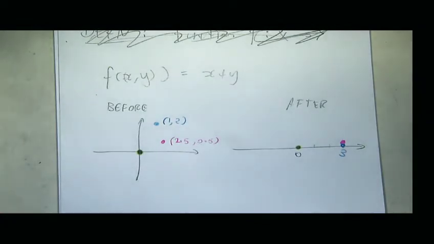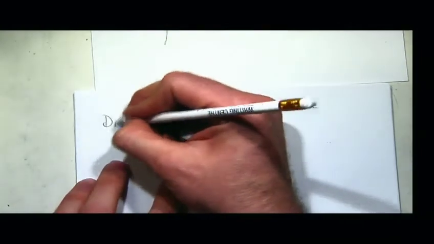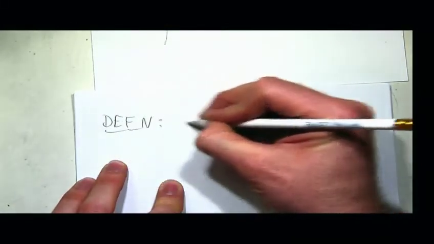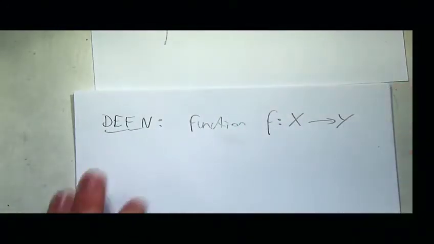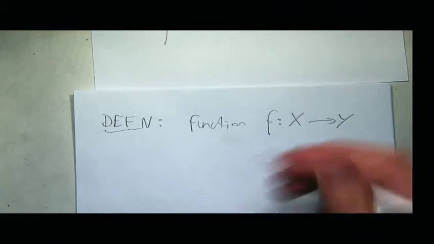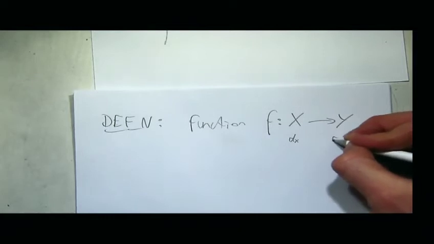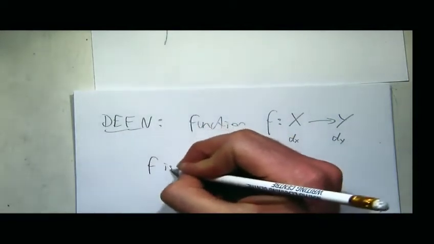Okay, so functions can be thought of as before and after pictures, and that makes sense of everything about continuous functions with metric spaces. So my definition, a function f which sends x to y, so that's my before, that's my after. And they both have their own metrics, possibly not the same metric. Then f is